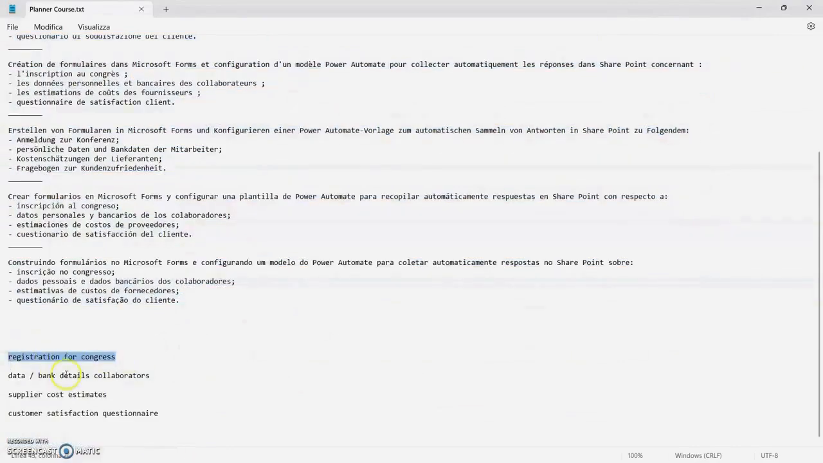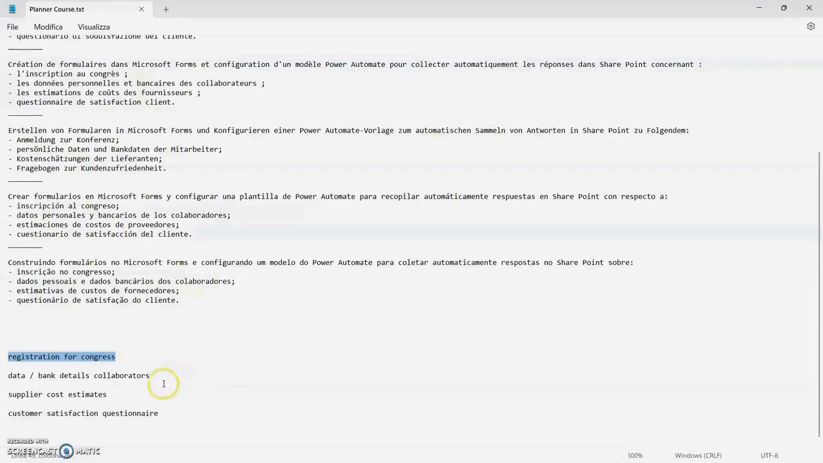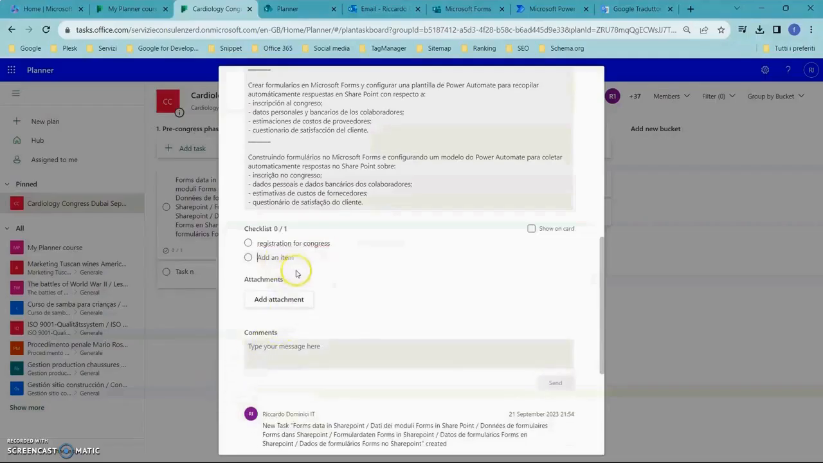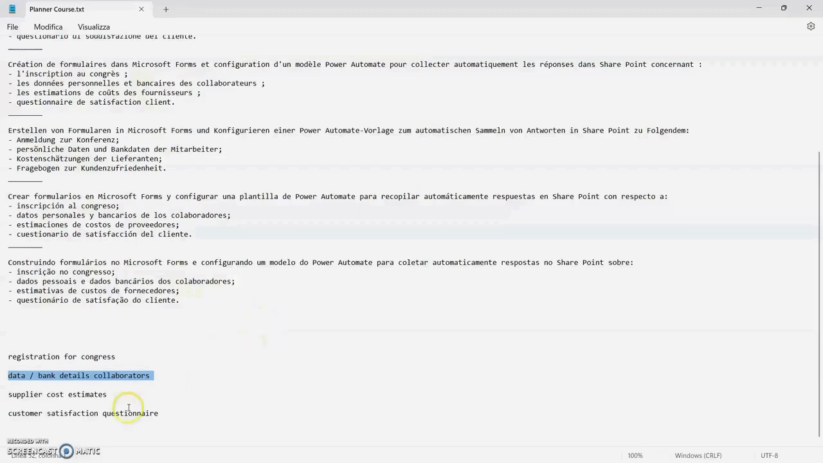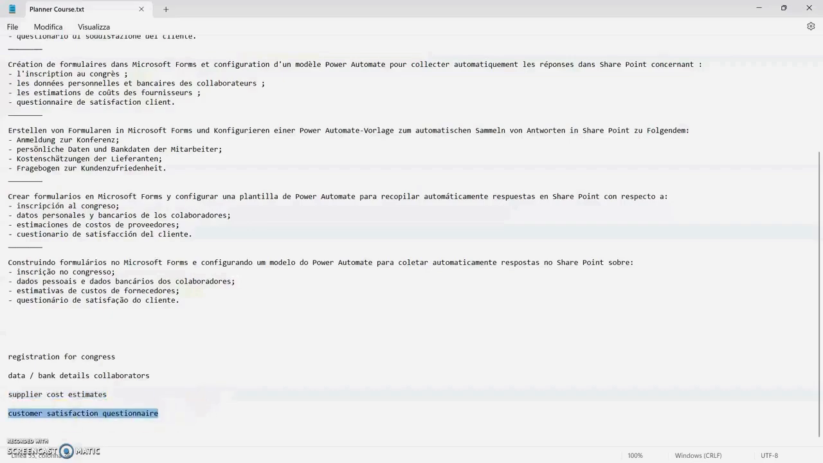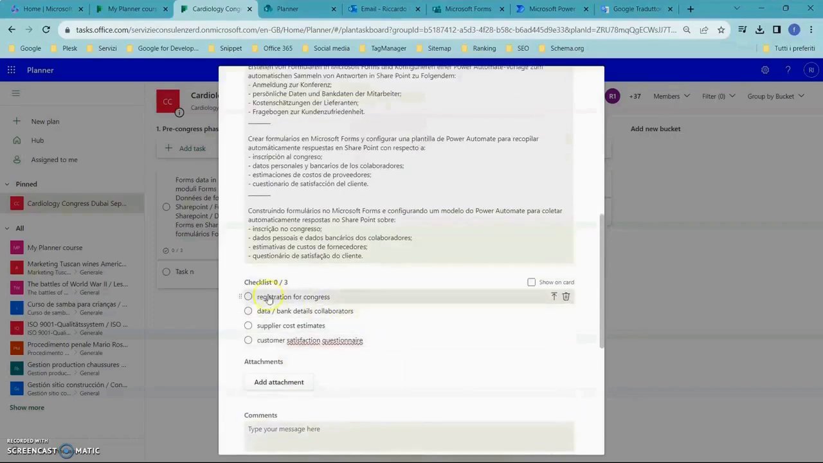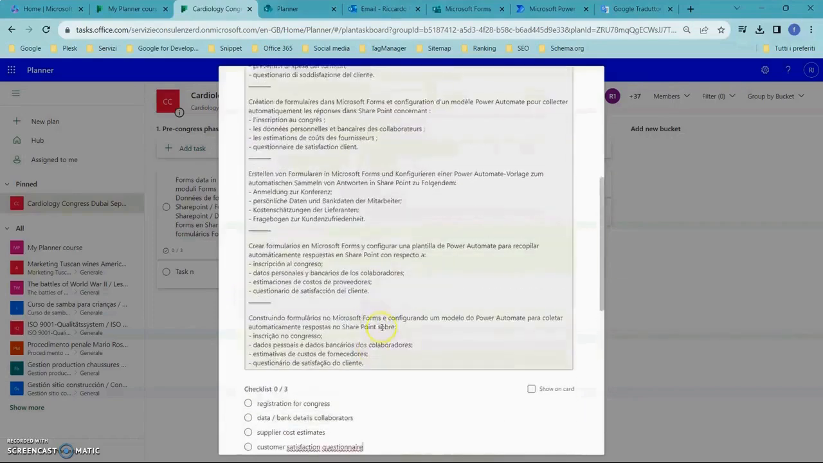That, for example, we will also find in the task list to accomplish. So we will compile all these points, thus the registration to the Congress, the data and contact information, banking, the form for supplier quotes, and the form for the customer satisfaction questionnaire, so that we can also address it tomorrow. We can say that this task is completed. Now we will conclude here and